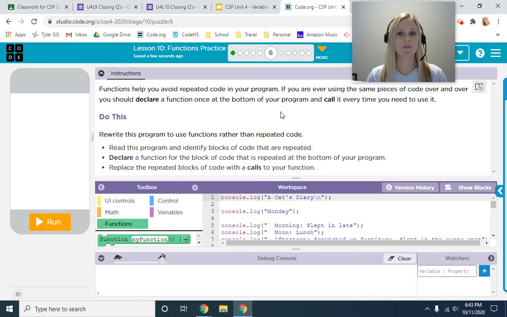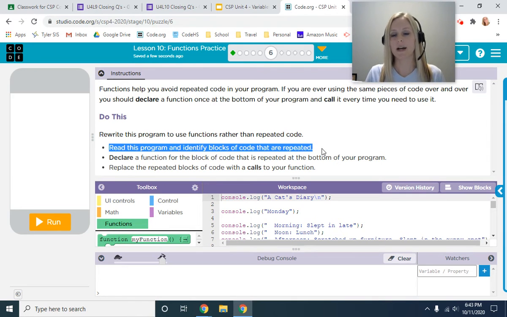And a reminder, if you're ever using the same pieces of code over and over, you should declare a function once at the bottom of your program and then call it in your program every time that you need to use it. So what you're going to do on bubble 6, getting a little bit more complicated, rewrite this program to use functions rather than repeated code. Read the program, and here's the strategy. Read through the program and identify what has been repeated, and then use that to put into your function